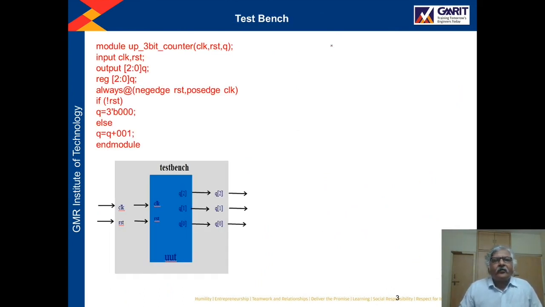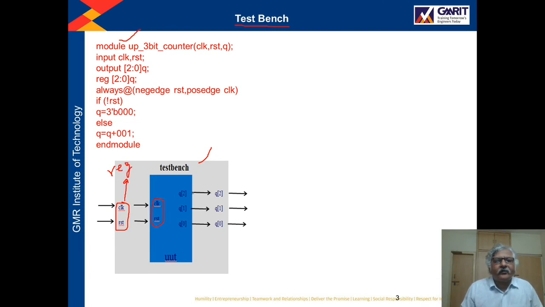Okay, now we will write the test bench of this counter. This is the unit under test and this is the test bench. We have CLK and RST as the input ports of the unit under test, and in the test bench we have taken the same CLK and RST, which will be declared as reg type.